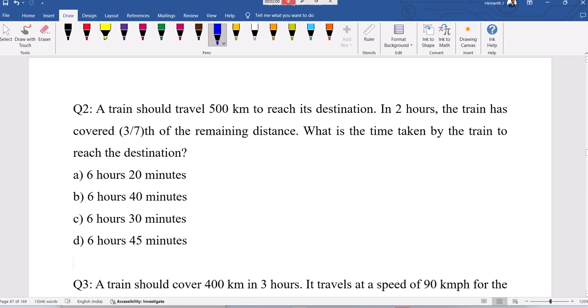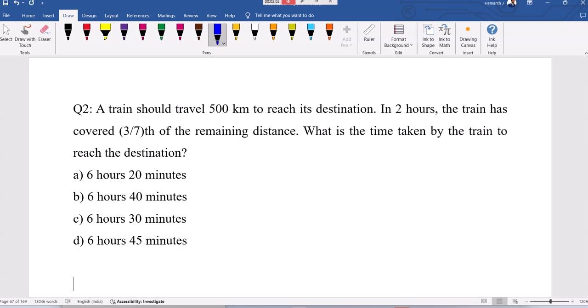A train should travel 500 kilometers to reach its destination. In 2 hours, the train has covered 3 by 7th of the remaining distance. What is the time taken by the train to reach the destination? This is an excellent question. In 2 hours, the train has covered 3 by 7th of the remaining distance, means,